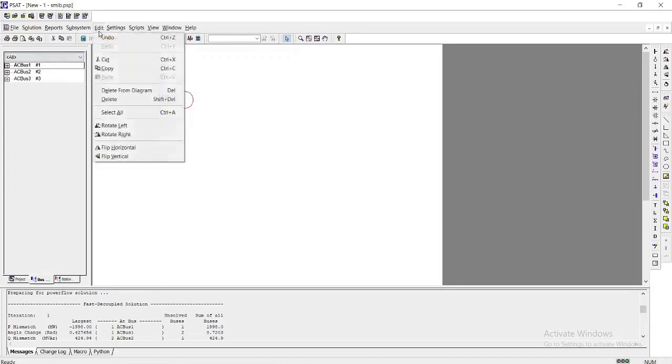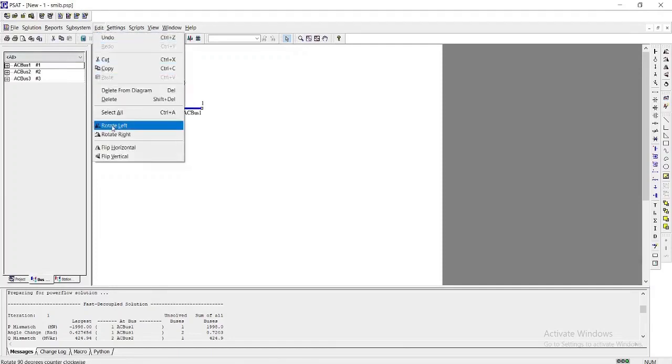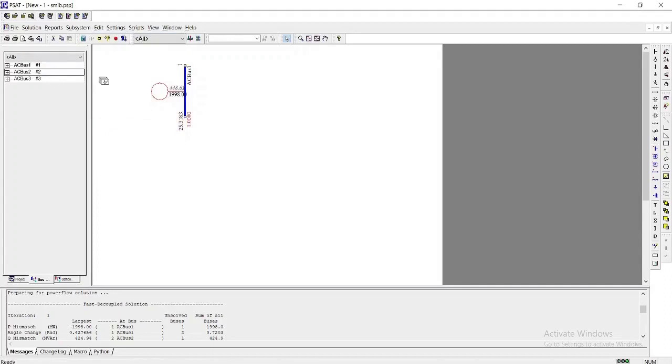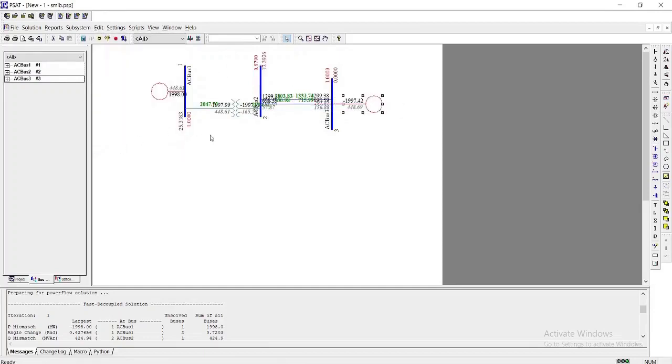If you want to rotate, then click on Edit and Rotate. We have completed the single line diagram.